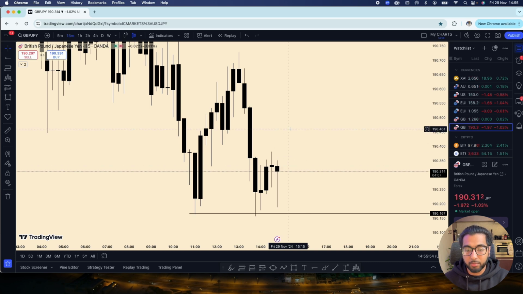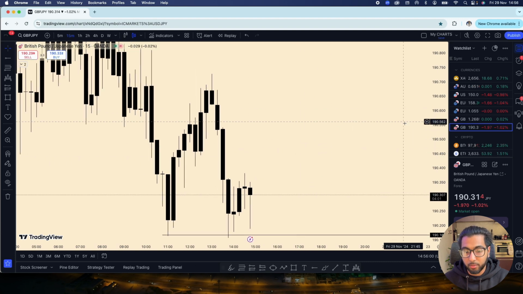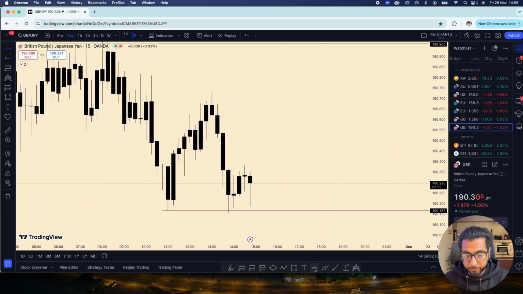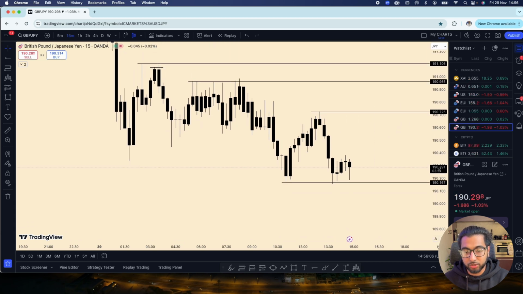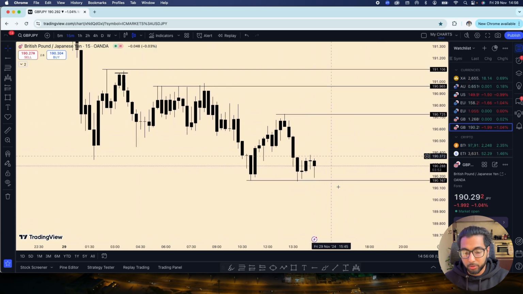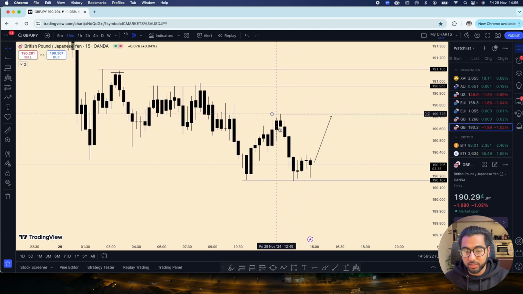Where would we expect price to go? Well, we would expect price to be at the liquidity highs, right? Or the high of the market, which would be here, right? But obviously, this is like a counter trend, so I wouldn't actually trade this. But most likely, if price is reacting like this, we're going to see price go up to this point. Why? Because we have a bunch of sellers here that need to get stopped out. And price is going to do that.